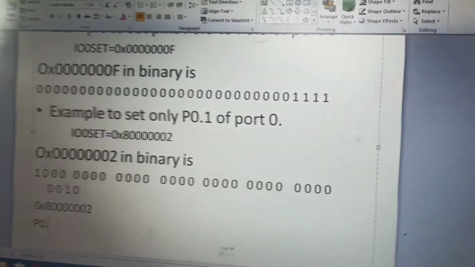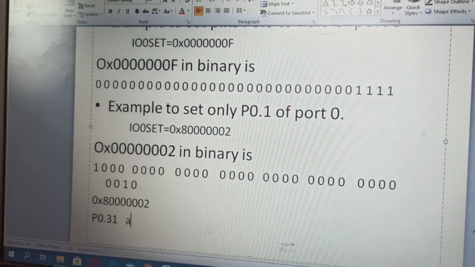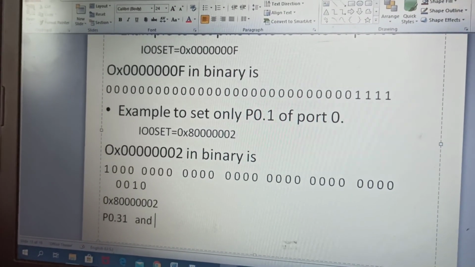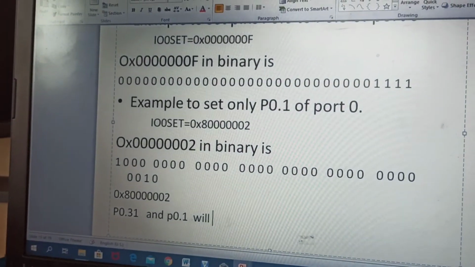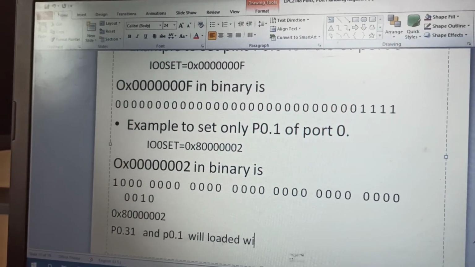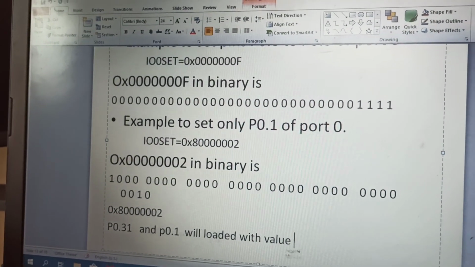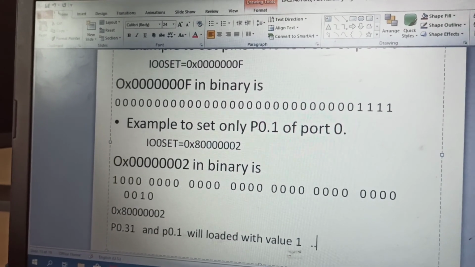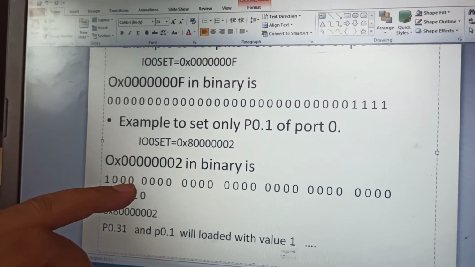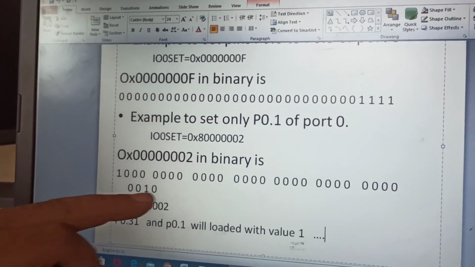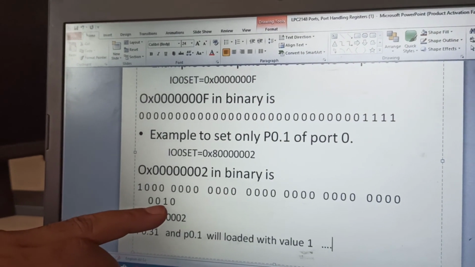P0 of 31 and P0 of 1 will be loaded with value 1. When we load 80000002, this 8 is 1000, then 0000.